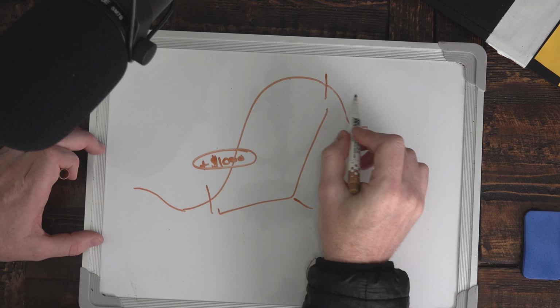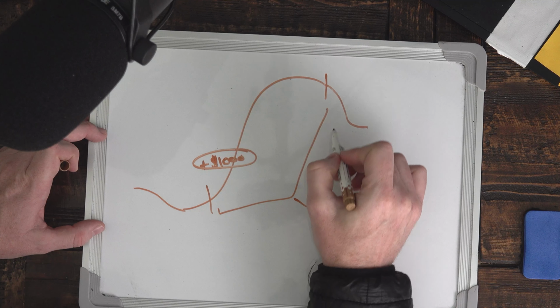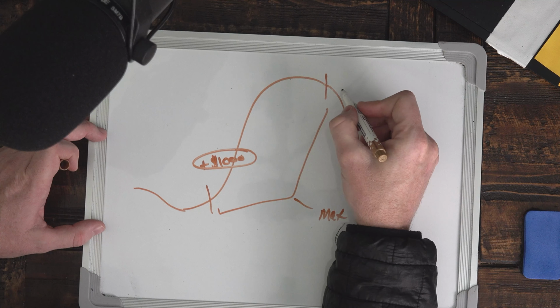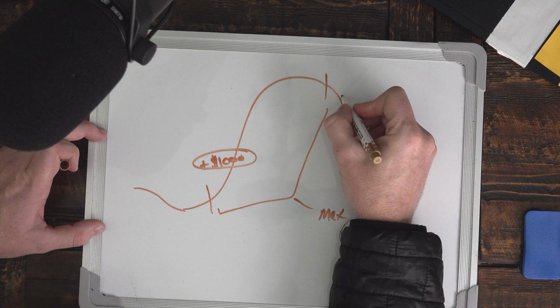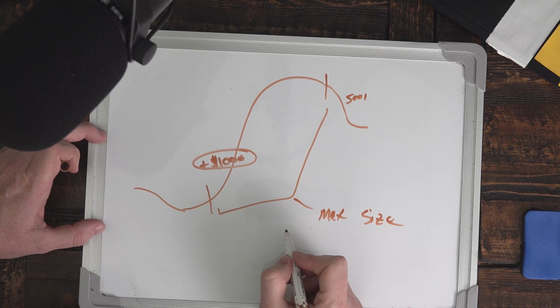And then on the days where I got really close to my daily goal, or we got later in the day, I was reducing my size again. I was bringing size back down from my no cap back to 5,001 shares. So that was my cap at 5,000. So anyways,